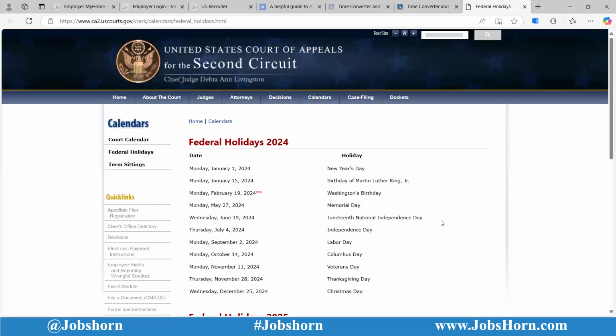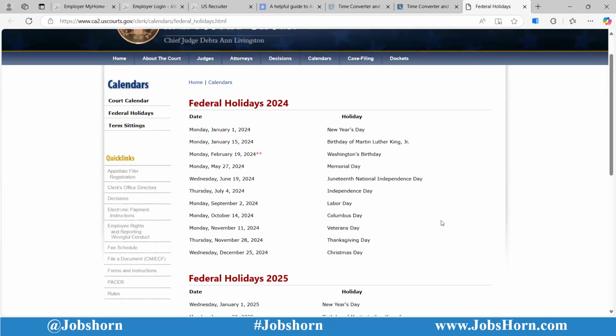Yeah, guys, these are the federal holidays. On these days, mostly no one will work here. And in India, if you are working for a US IT recruiter, you will be observing these same holidays. Additionally, you will be observing only major festival holidays in India. The rest of the time you will be working. Even though it is a holiday in India, you should be working if you are working for a US recruitment company. So that's the thing.